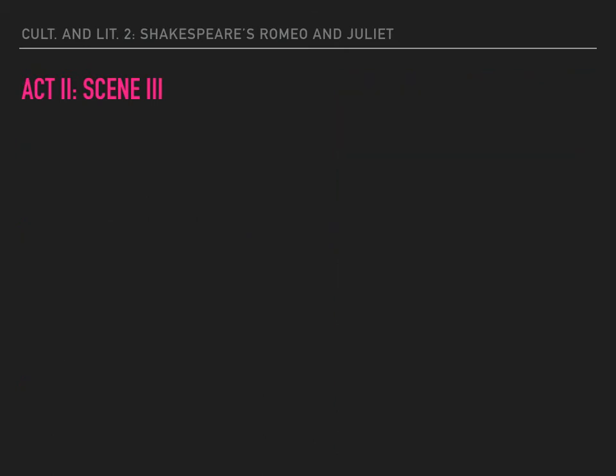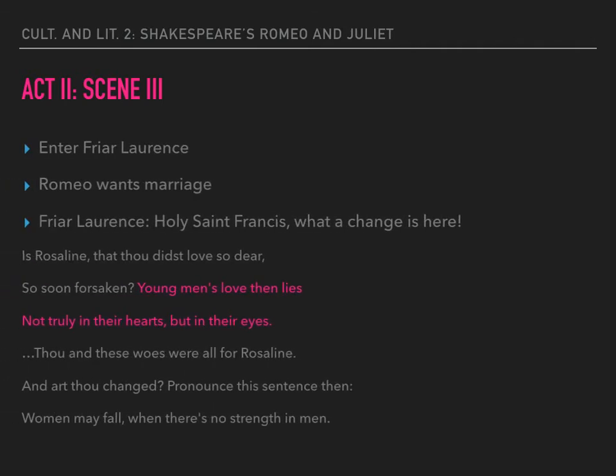And when we have Act 2, Scene 2, we then have the entrance of Friar Lawrence. So Romeo wants to get married, and Friar Lawrence says to him,